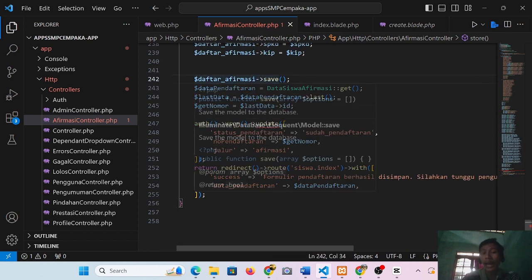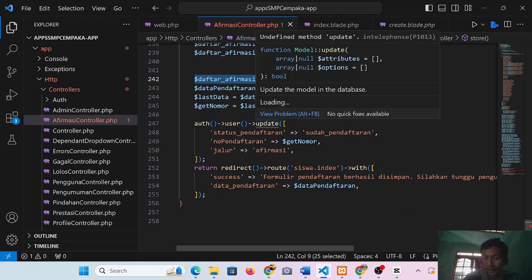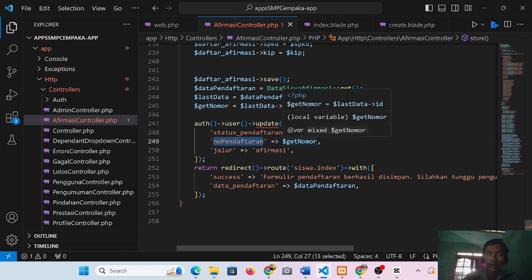After the data is saved into the database, we update the status pendaftaran. Because the user has submitted, it will be updated to sudah pendaftaran, and we can get the nomor pendaftaran to make the information in the dashboard.